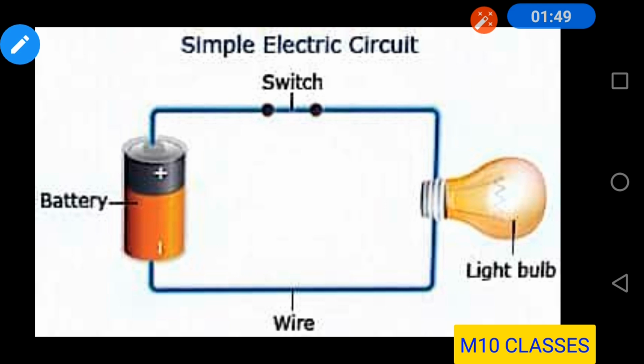Now students, look at this. It is a simple electric circuit consisting of a battery, a switch and an electric bulb. Now let us see about the closeness of the circuit. Here it is a switch, and you know the switch can be open or closed. Now it is closed, and if it is closed it will provide a conducting closed path for the flow of electric current. But if I open the switch from here, the conducting path will be broken and the electric current will not be able to flow through the circuit. Now it is not closed.